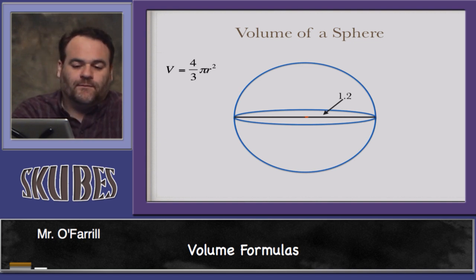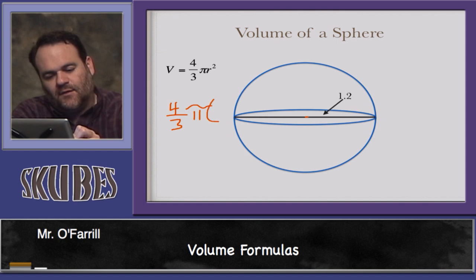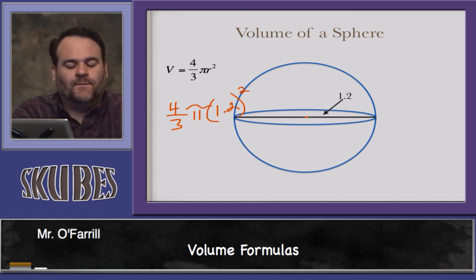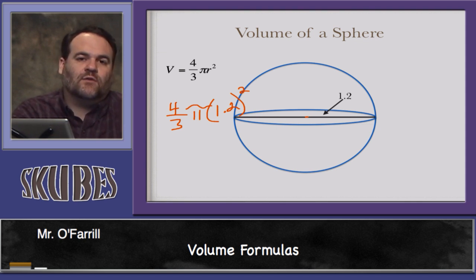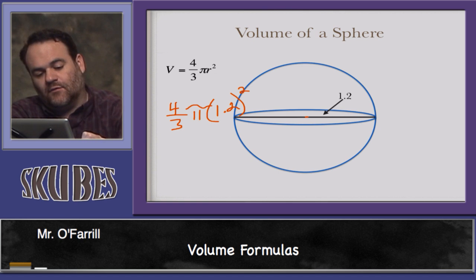So we plug that into the formula. That's 4/3 times pi times 1.2 squared. Well, 1.2 squared is 1.44. 1.44 divided by 3 is 0.48 times 4 is